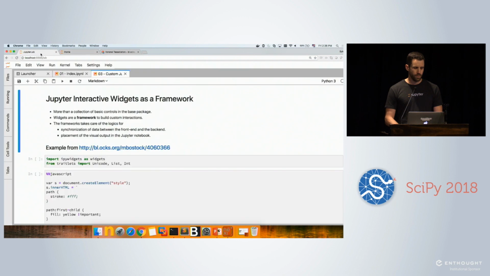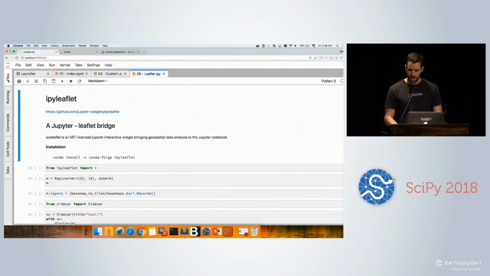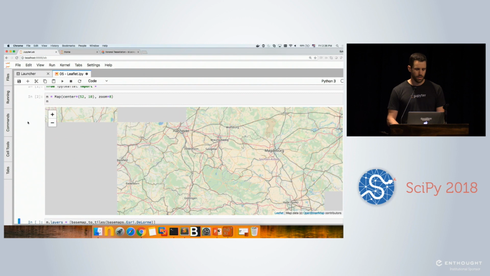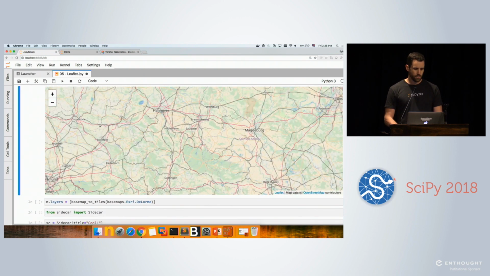We also offer a number of tools to facilitate the packaging of that into an installable Python package that you can distribute on PyPI and Conda. We built a number of widget libraries on top of it. One of the first I wanted to mention is ipyleaflet. ipyleaflet is a bridge between Jupyter and the Leaflet.js library that allows you to create interactive maps in the Jupyter Notebook. So you can pan and zoom the map,